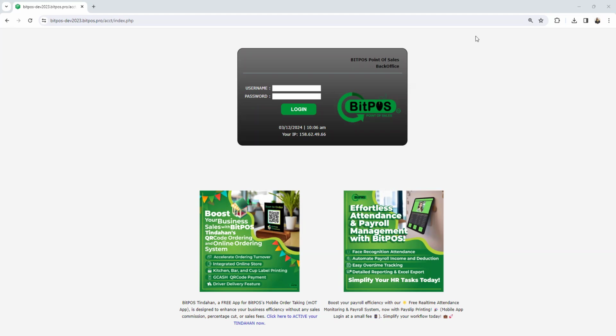So, first, accessing the back office. So, you go into the back office. So, we're ready here in the back office. You can type the username and your password. So, type the username and your password. So, click this login